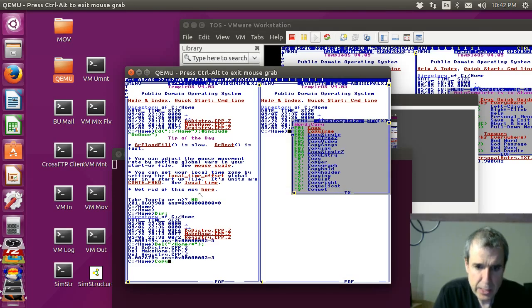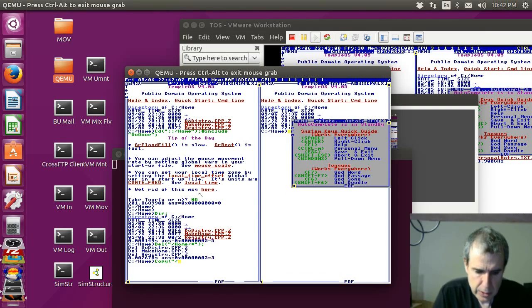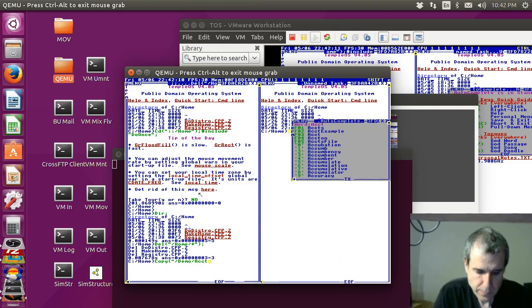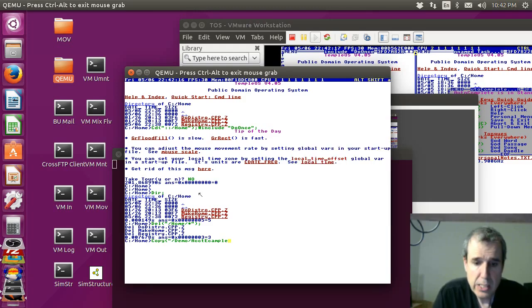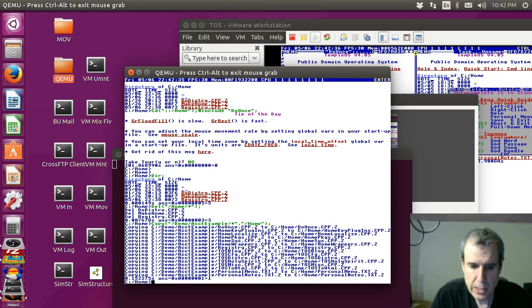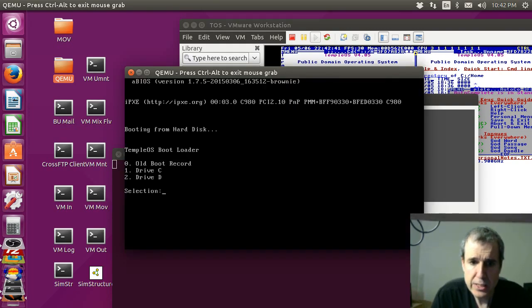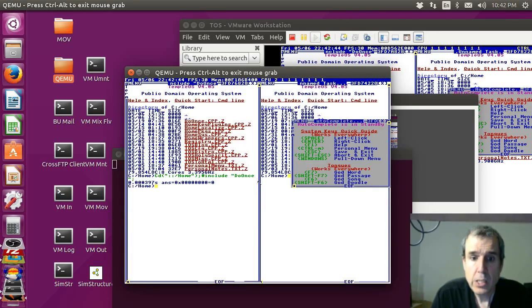Then copy demo account example. Okay, now reboot C drive. Okay,